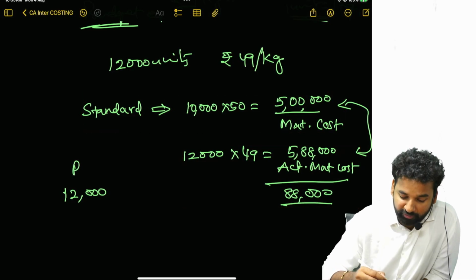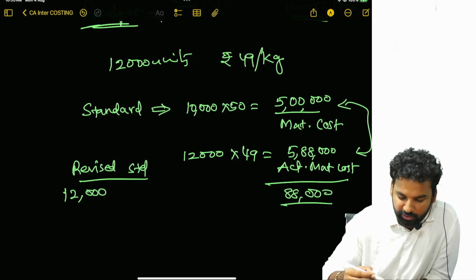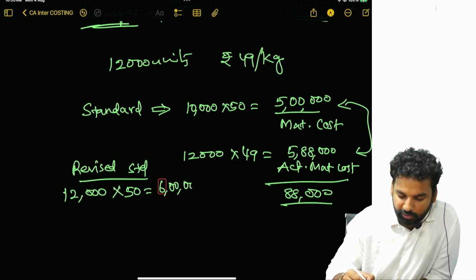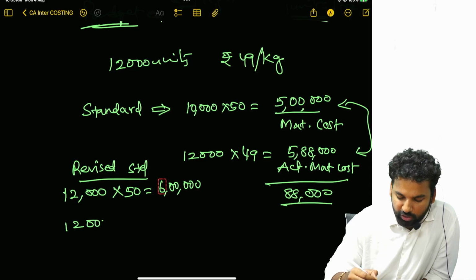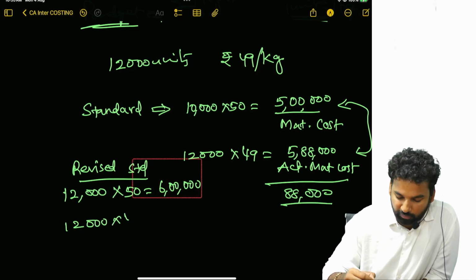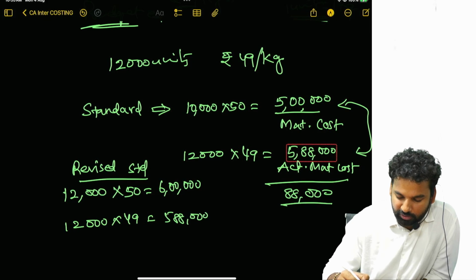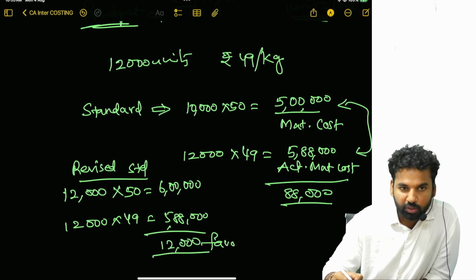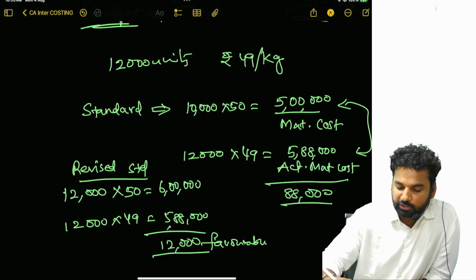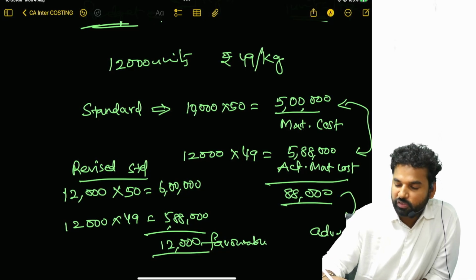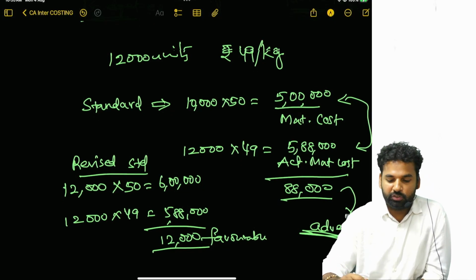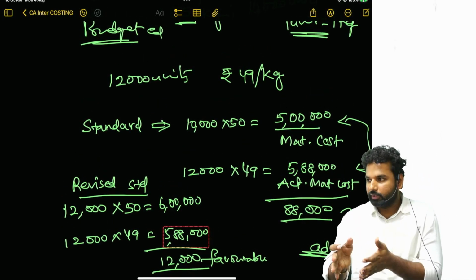Then what will be the revised standard for this? 12,000 into 50, which is 6 lakhs. But 12,000 units got produced at 49 rupees, which is 5 lakh 88,000. So which is 12,000 rupees favorable. Favorable, correct? So whenever you are keeping a standard, so you have